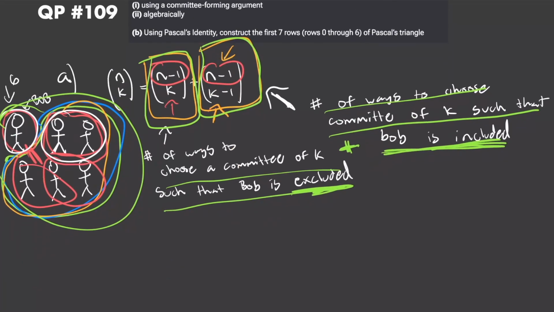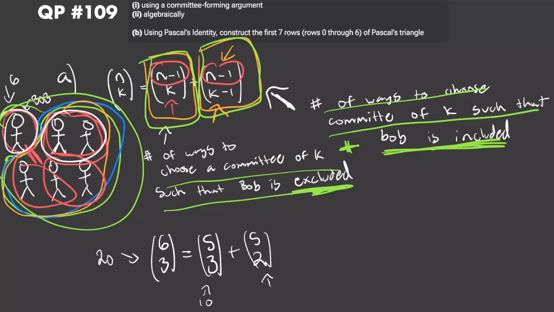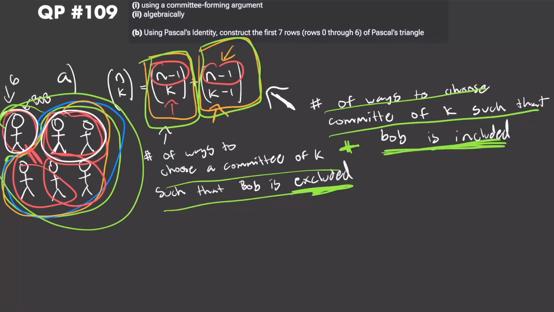In our example, we had 6 choose 3, and we were saying that that was equal to 5 choose 3, plus 5 choose 2. So we had 5 choose 3 committees that Bob was not on, and 5 choose 2 committees that Bob was on. And when you work it out, 6 choose 3 is equal to 20, and 5 choose 3 is equal to 10, and so is 5 choose 2. So it works out. So now let's actually show this identity algebraically